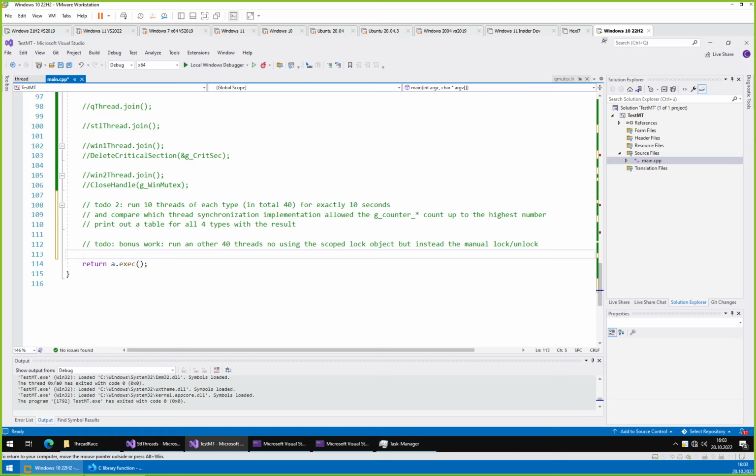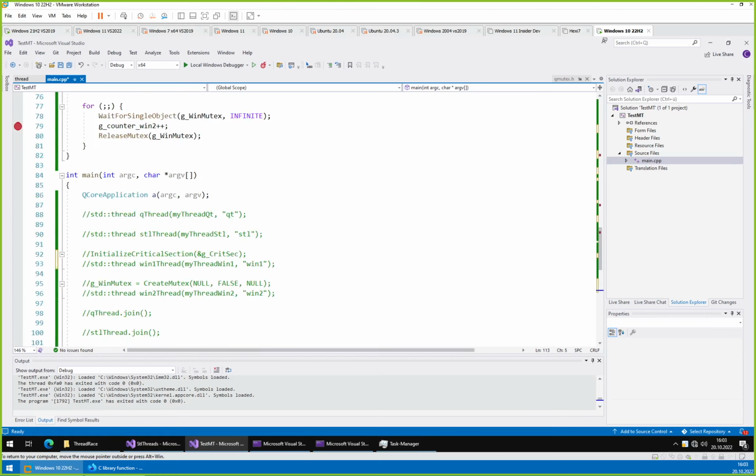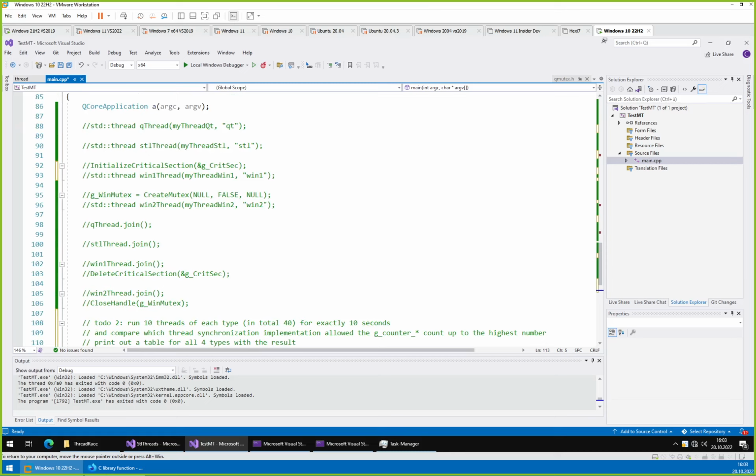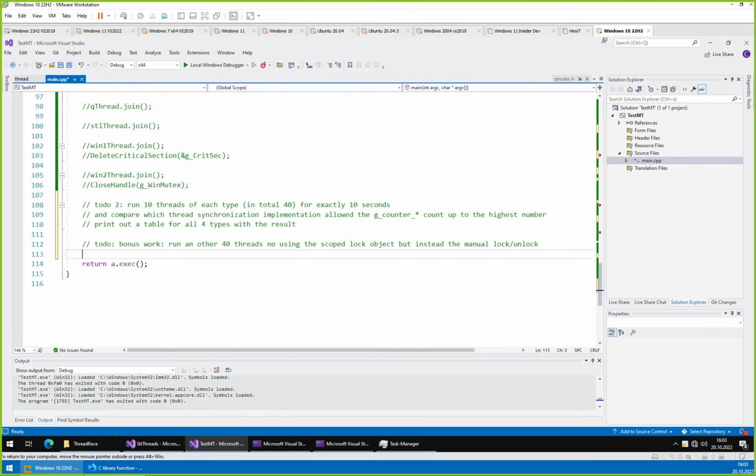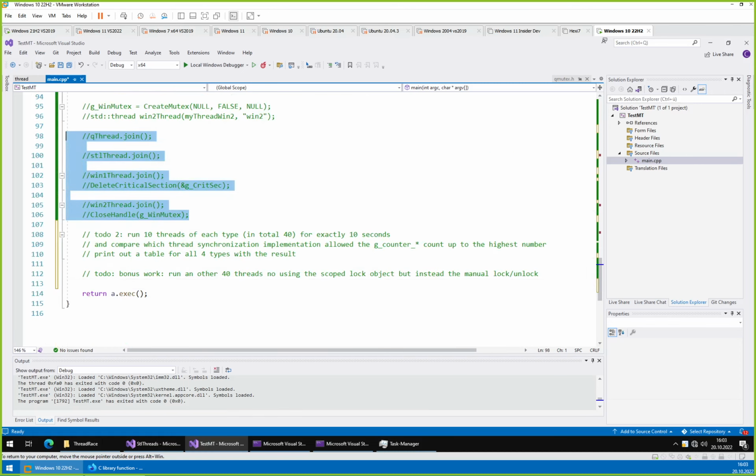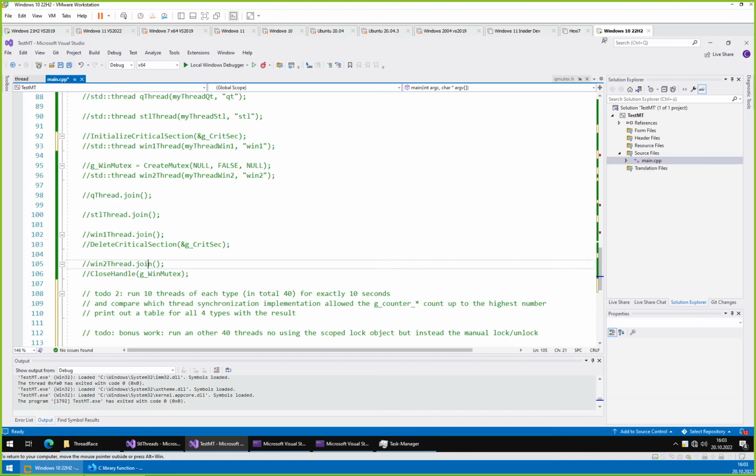Then let's take a look at another thing that is also quite useful, namely mechanisms to allow a thread to be suspended until something happens that the thread is waiting for. So we already have seen some of those here with this join function, and this is of course quite useful. You can do a similar thing if you create a process, that you can wait on the handle of the created process for the process to terminate. But